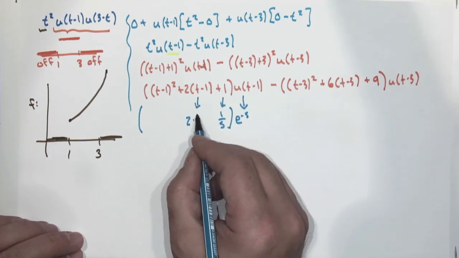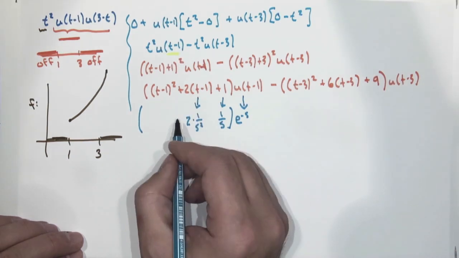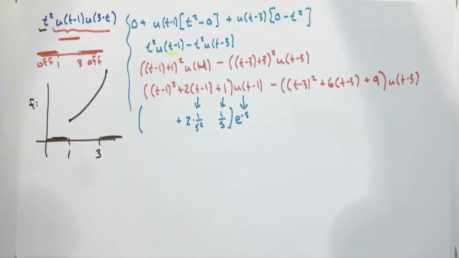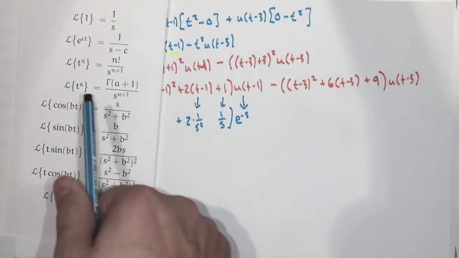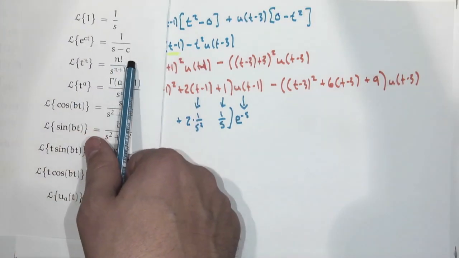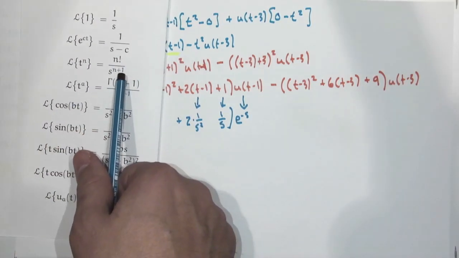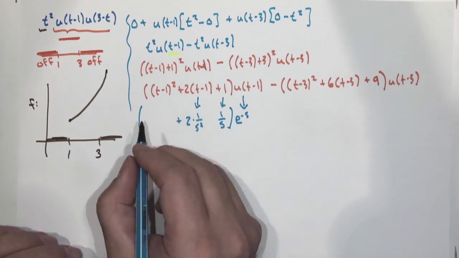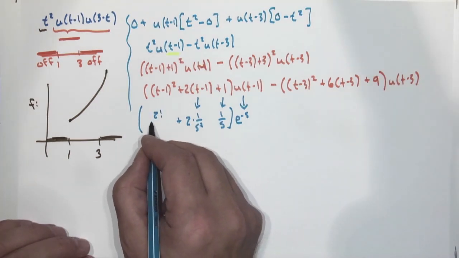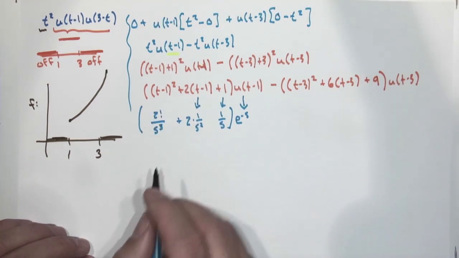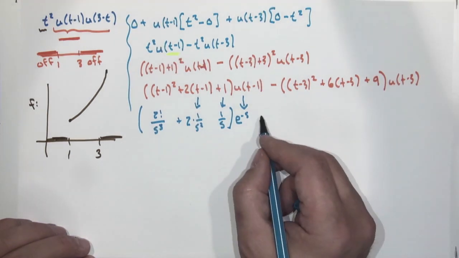So that would be 2 times 1 over s squared. And t minus 1 squared, well, t squared goes to 2 factorial over s cubed. So this will go to 2 factorial over s cubed. Minus,